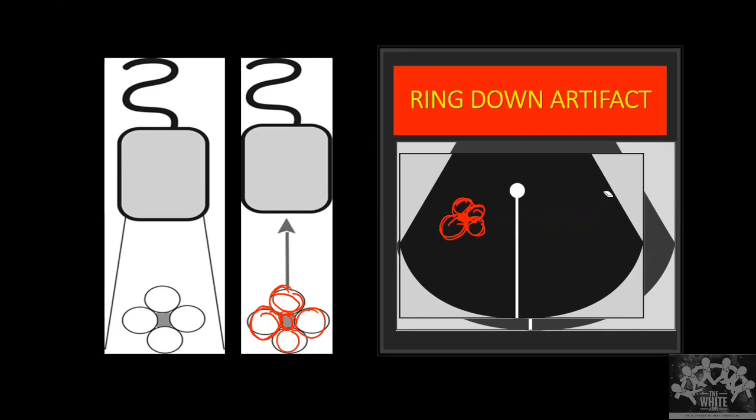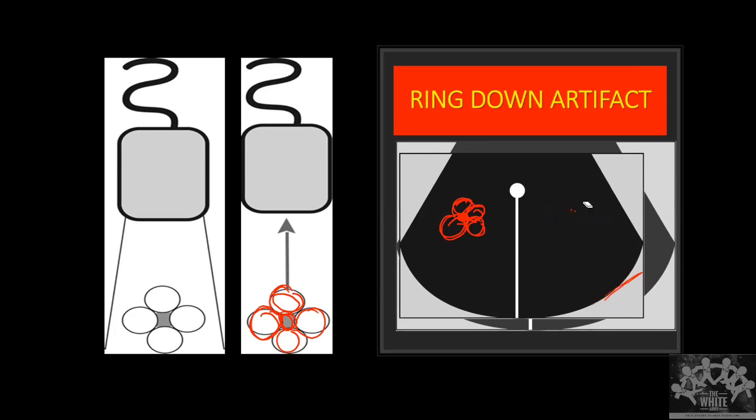One thing is that we always had a doubt whenever something looks bright, whether it is a stone or whether it is air. Now, whenever air is reflecting the sound, what do I see deeper to it? I see this dirty shadowing. This dirty shadowing is nothing but a ring down artifact. Whenever I see this dirty shadowing, what do I confirm? That this is not a stone, this is air. That's one thing I get confirmed.